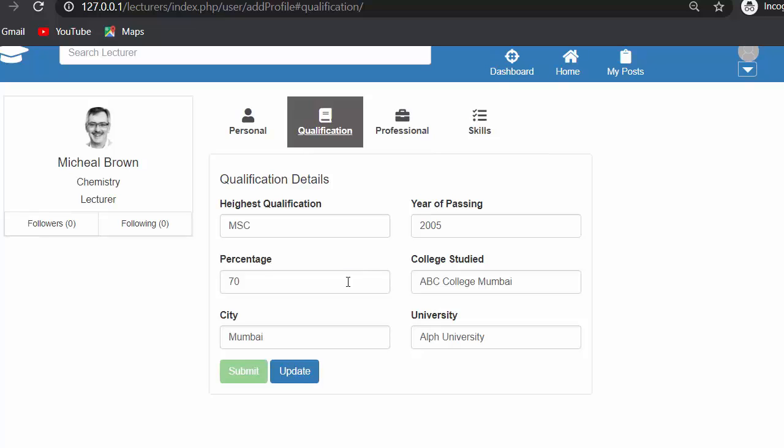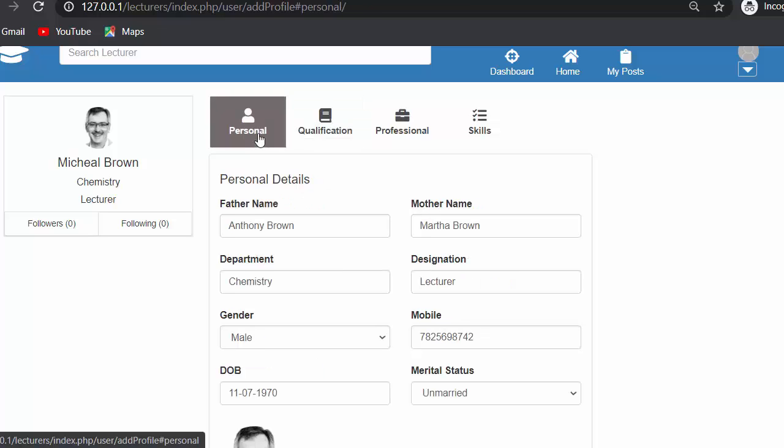Okay, so the coding for this functionality is almost all the same as whatever we discussed at the time of adding